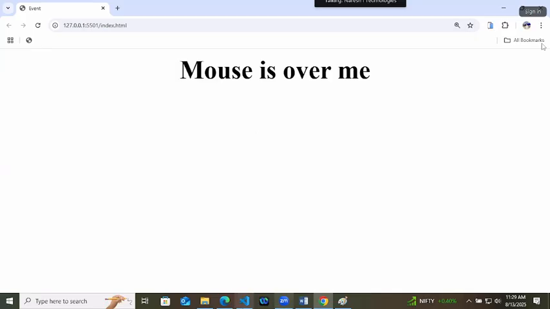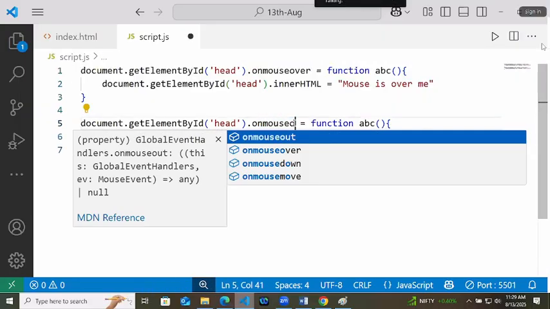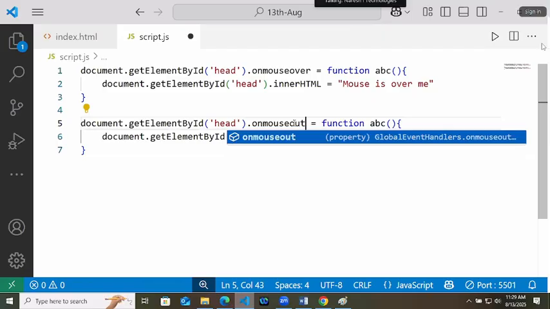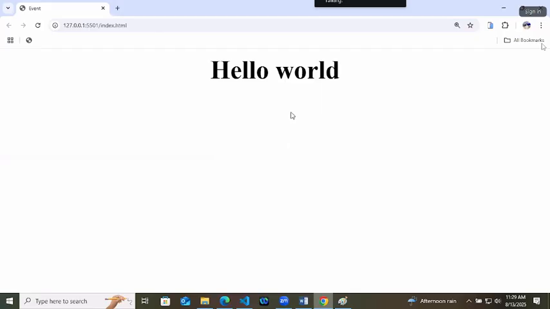So mouse out function. On mouse out, again it will become hello world. Now when mouse comes over it, it is saying mouse is over me.